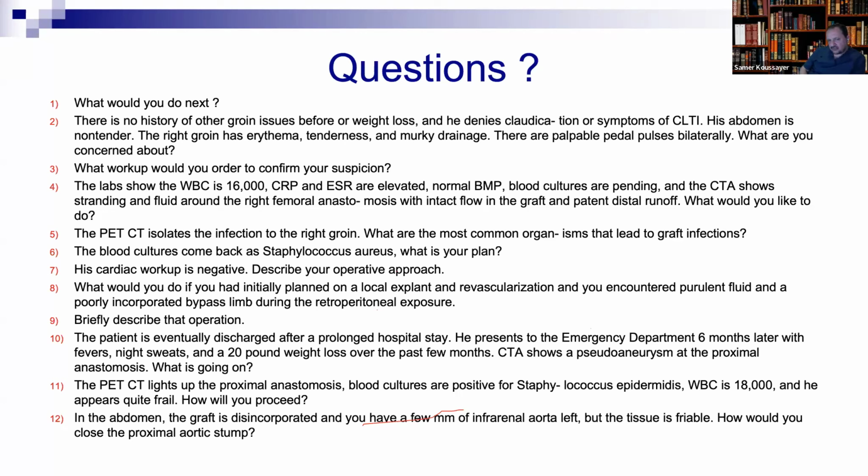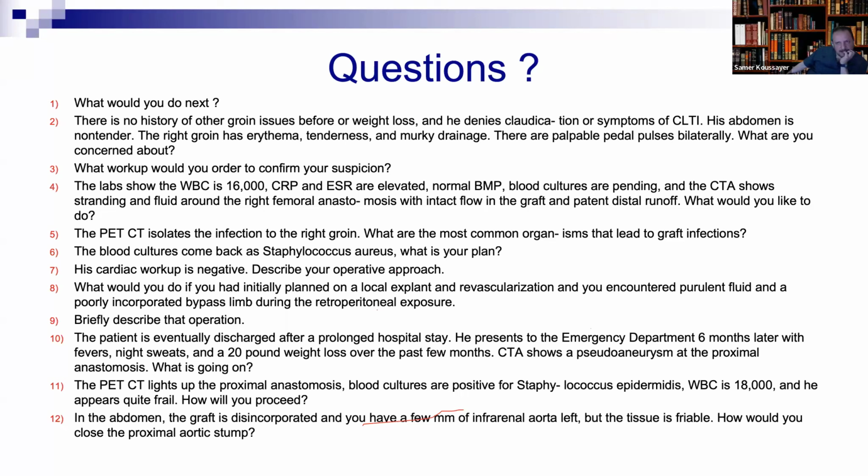But why didn't you do it? Yes, I think it's a good option. I may do it as a first option, but in the exam, most probably you have to be on the safe side. I mean, you can ask him, but I'm afraid he may not like it. He wants you to take the graft out. But in real life, it's a good option. But again, remember, for an infected groin with aorto-bifem, you use rectus abdominis muscle. Sartorius is for infected fem-pop. Okay, thank you, sir.